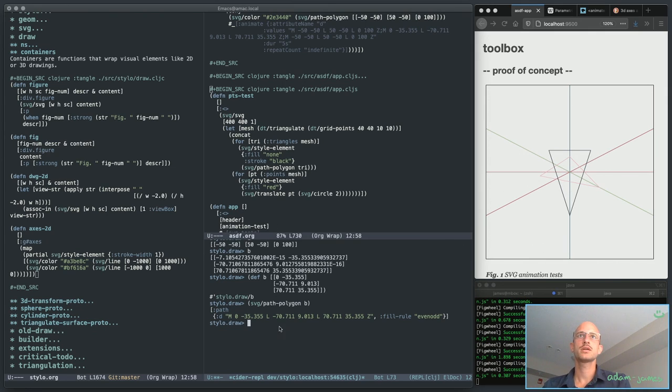I'm gonna take B as the starting point, and I'm going to apply... actually no, A is this. If I do SVG slash rotate 180 degrees, SVG slash path polygon of A,